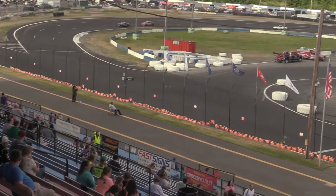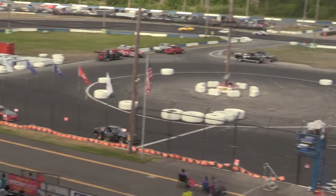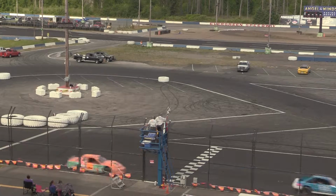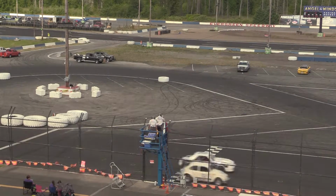Coming through 3 and 4, checkered flag in hand. Armstrong is going to hold on, and he's going to get a heat race victory. You see him waving to the fans as he takes it. Terry Armstrong Jr. loves coming to this track, and he's taking home a heat race victory. 2nd place, Dylan Bewald. 3rd will go to